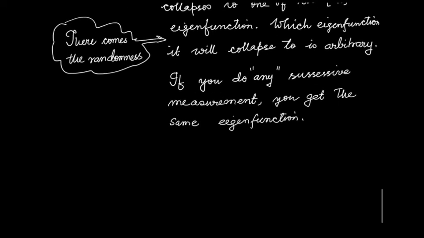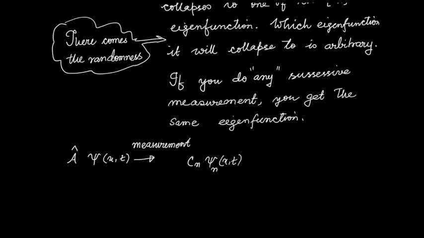So let's see what's happening. I have this A cap, the act of measurement. I am operating it on psi. So this psi is a function of x and t. Here the measurement is happening. It's collapsing to, say, the nth state. So it is collapsing to this. And remember that A cap is operating on it. So this will give me